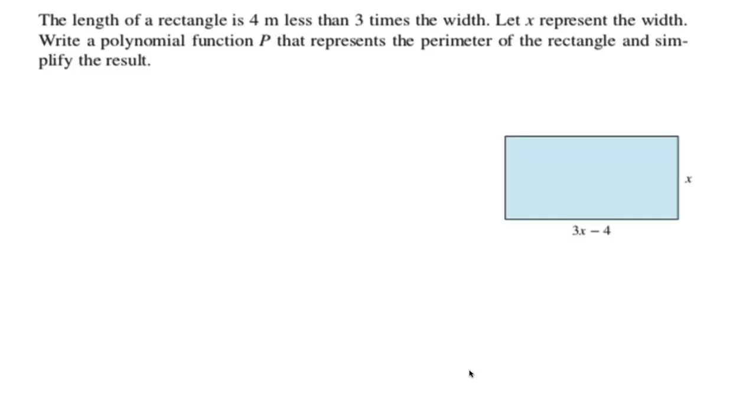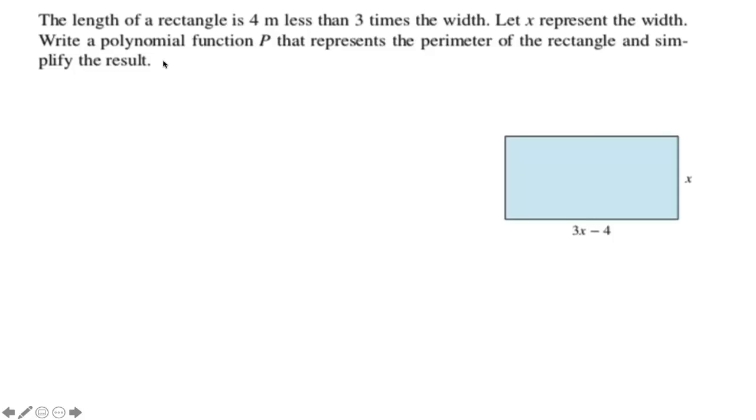So let's end with an example of an application with polynomials. Suppose I have a rectangle where the length is 4 meters less than 3 times the width. So for example, 3x minus 4 is the length, and the width is x. So if x is the width, then the length is 4 less than 3 times the width. And suppose that we want to